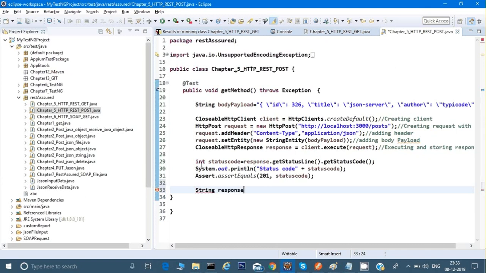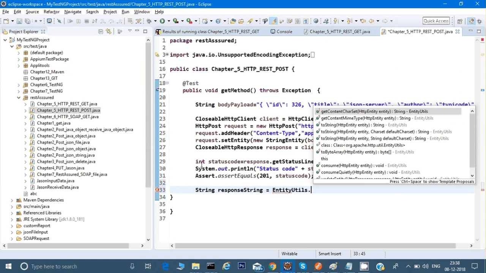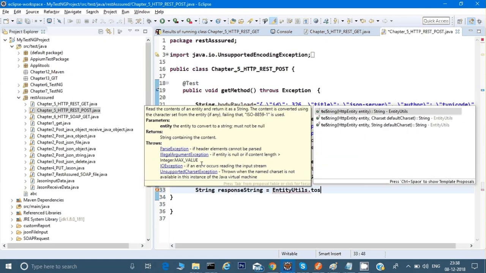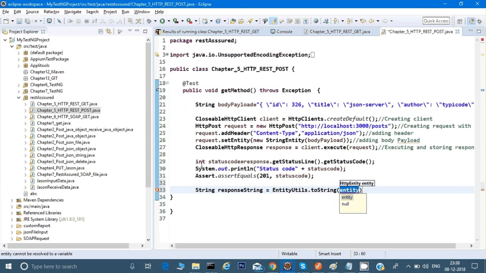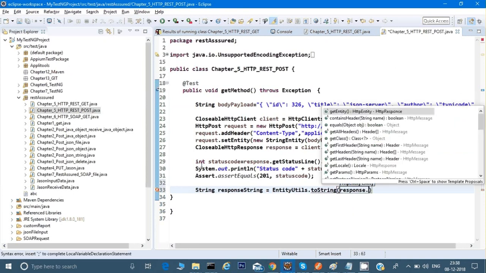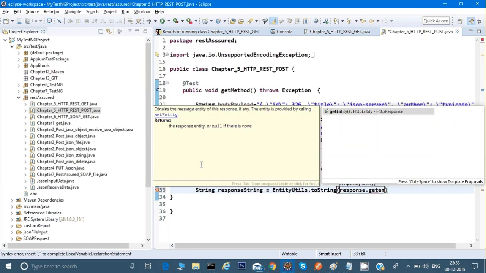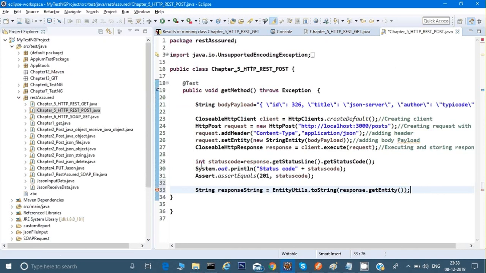So what I will do, I'm creating a new string called response string. Okay, so we are getting it in the string format now. And then there is a class, all right, to convert the response into a string, and that is called EntityUtils dot toString. Okay, and here I can give response dot get entity. All right, so this will convert that response into a response string,